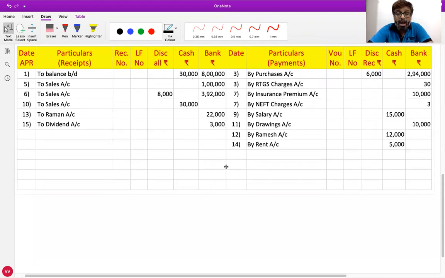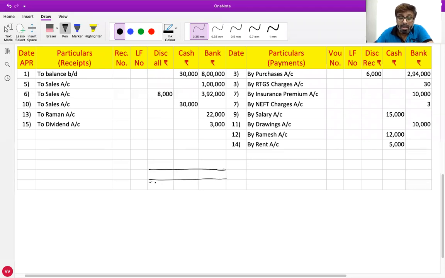Yes, sir. Now when we do the balancing, first do it for cash column. As we did yesterday, debit side will always be more for cash. Which side will always be more for cash? Debit side. So debit side, all of you do it. 30,000 plus 30,000, 60,000. Right, 60,000 on both the sides parallel to each other. You understand? Parallel, right?